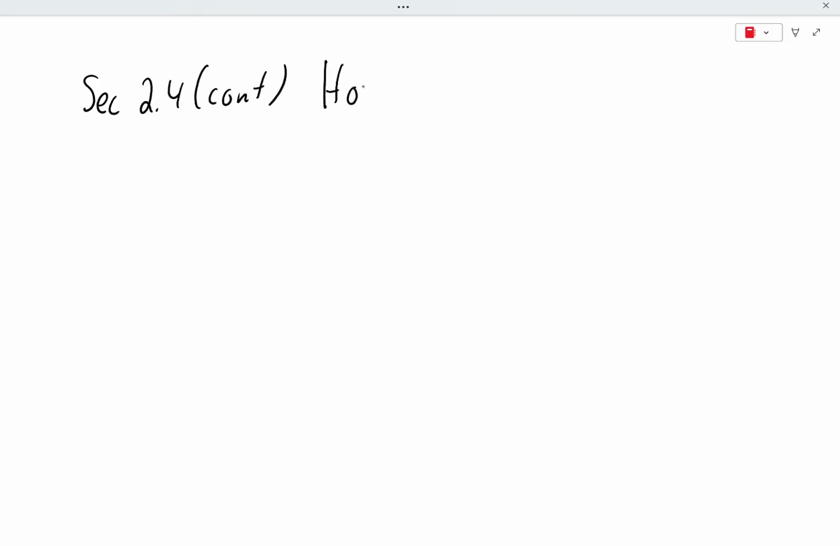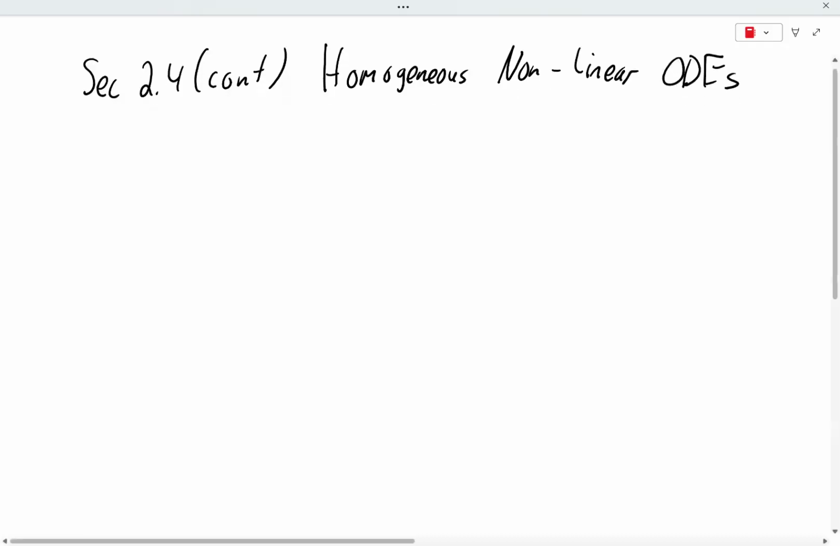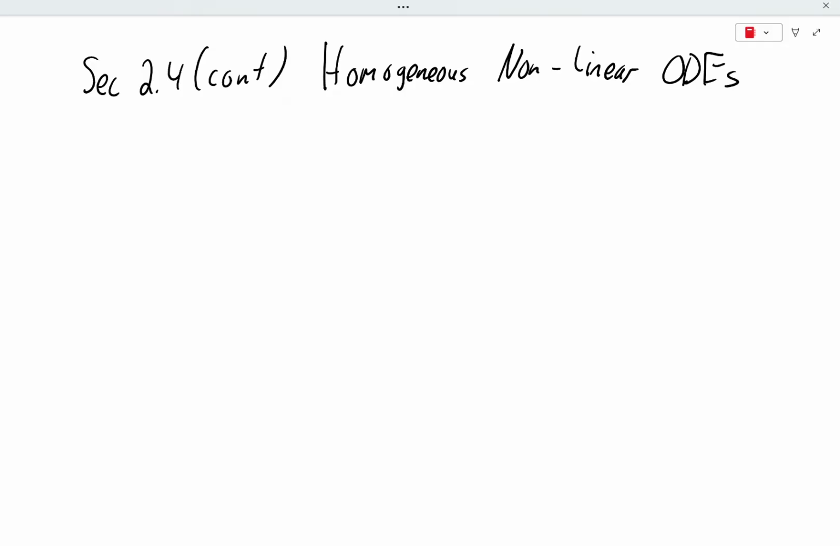So these are called homogeneous nonlinear ODEs. Okay, now we talked about homogeneous before. Well, actually, let me write this down here. I'll write a little definition. So a nonlinear ODE is called homogeneous